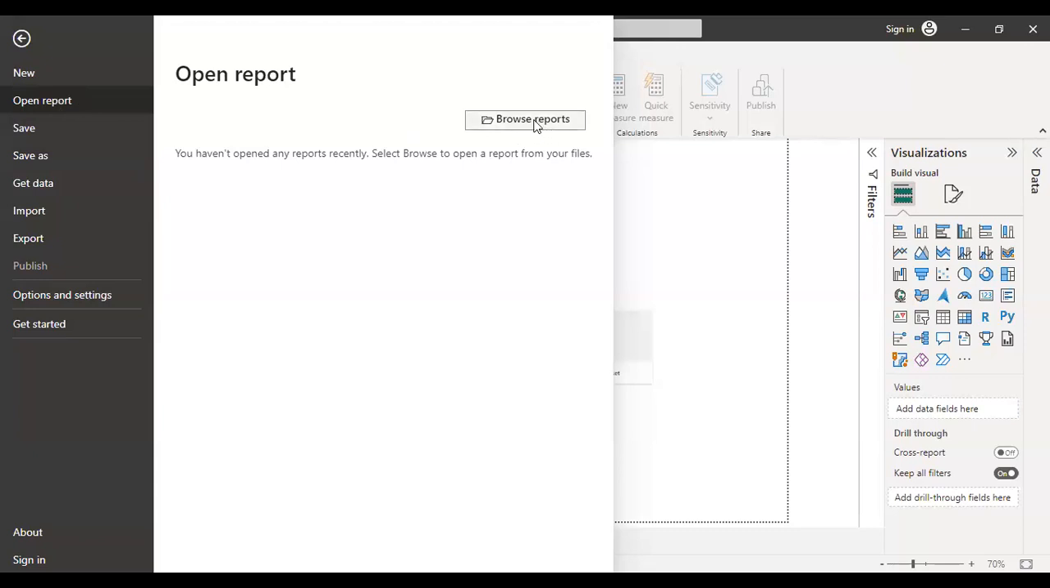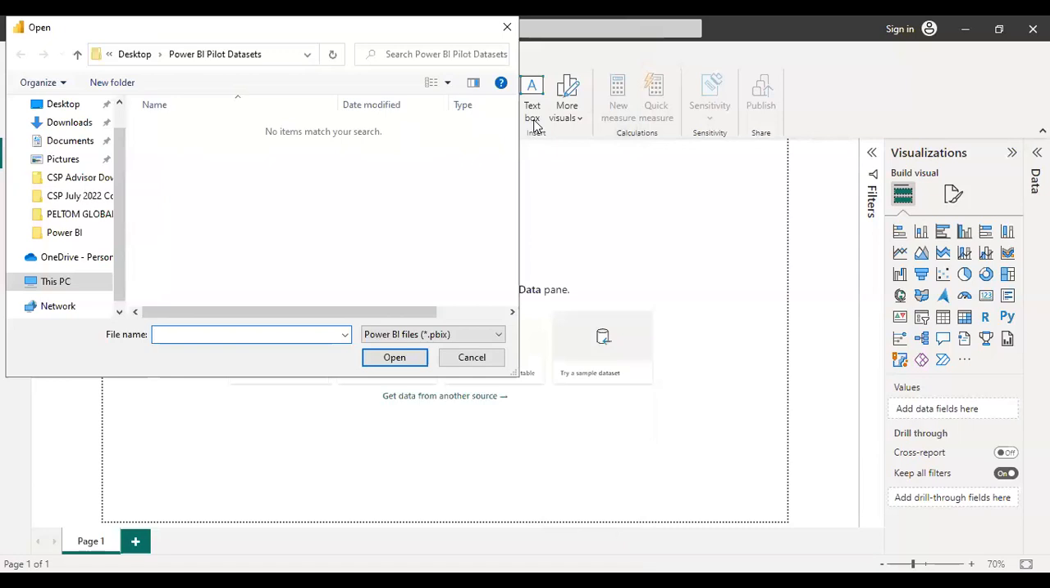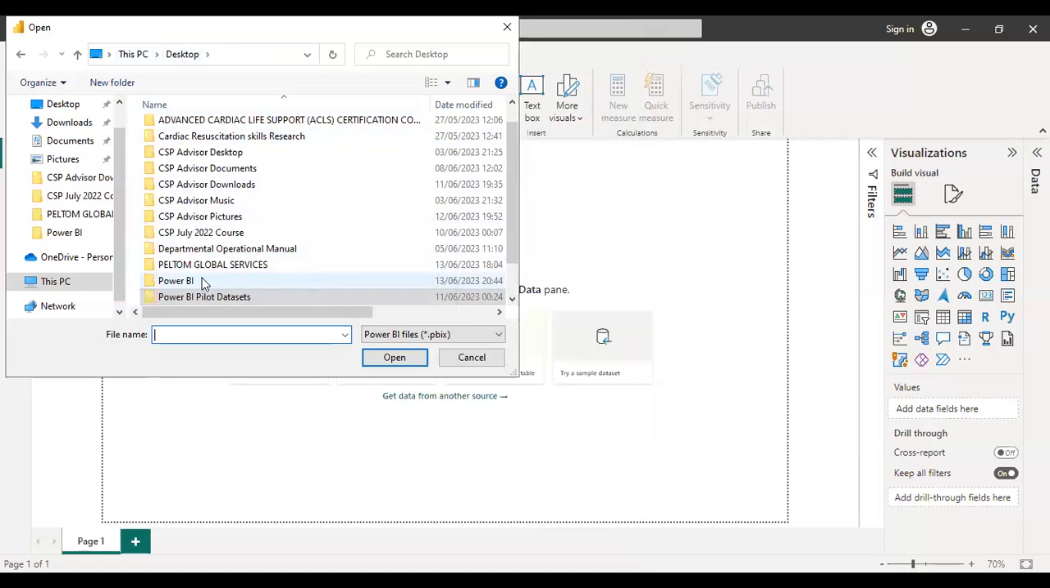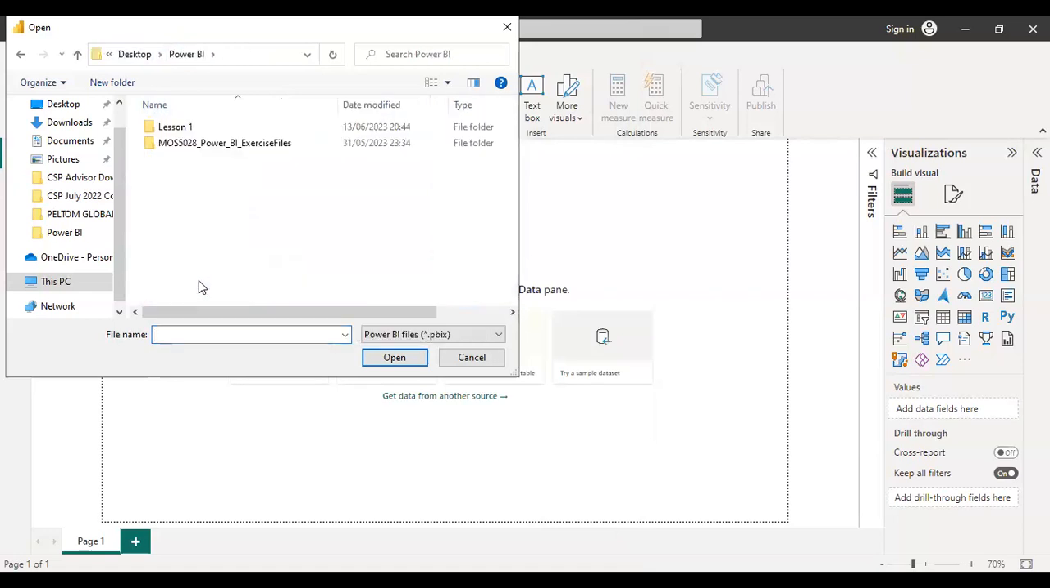And then I have to browse to where that is located. So it is located here. I've navigated to that point. And so under my lesson 1, these are the different activities. Please make sure that you extract your files from the folder that you downloaded before trying to navigate to the report. So right now, I'm going to open this one,